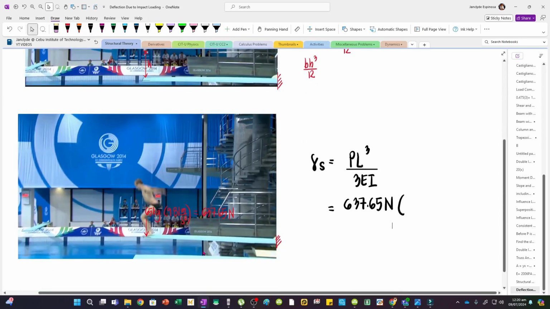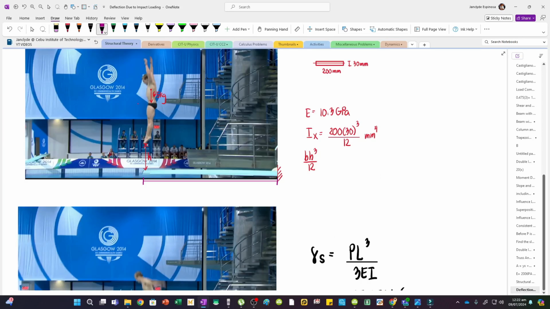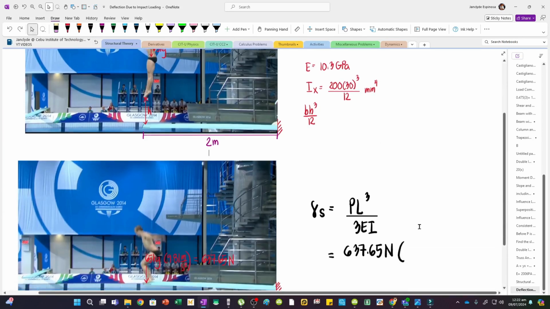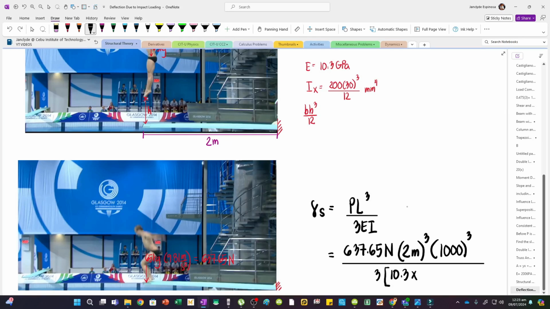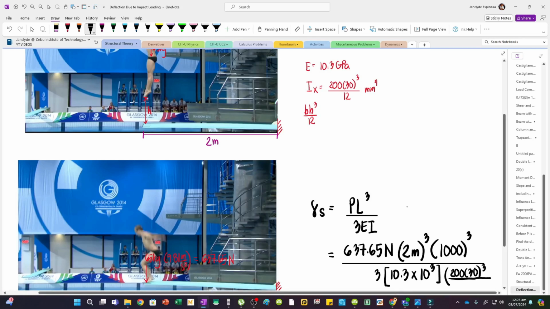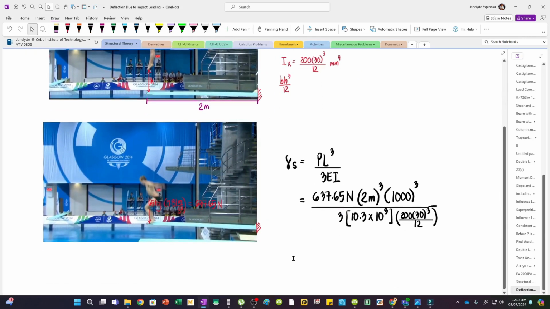And then, let's just assume the length of the beam. So, sabihin natin, this is 2 meters. Yan. And so, plugging in the values, we have this is 2 meters and then cube. But we have to convert this into mm so that our units will be consistent. So, we have to multiply this by 1,000 cubed. Yan. And then, divide natin by 3EI. So, we have 3. And then, our E is 10.3 GPa. So, convert natin to MPa by multiplying it by 1,000. And then, our Ix is 200 times 30 cubed. Divide natin yan by 12. Yan. Now, solving the static deflection, we have